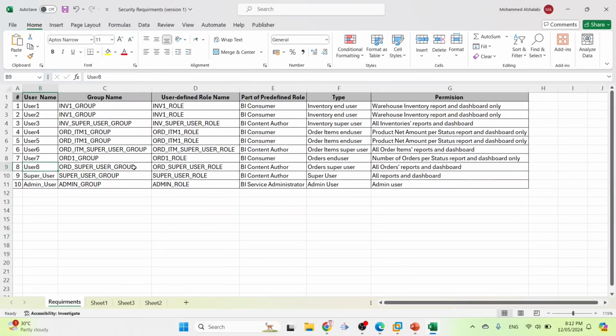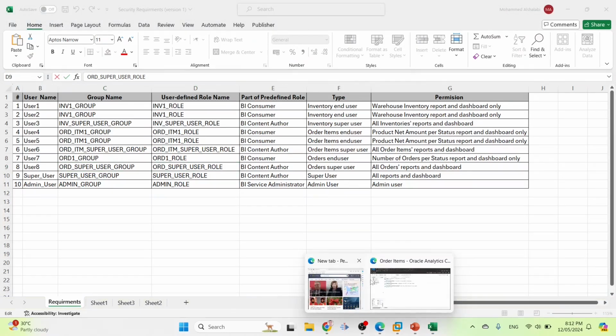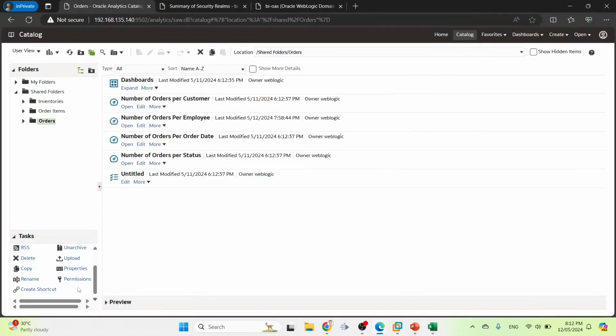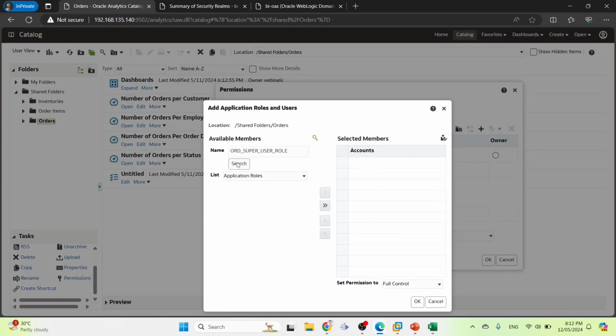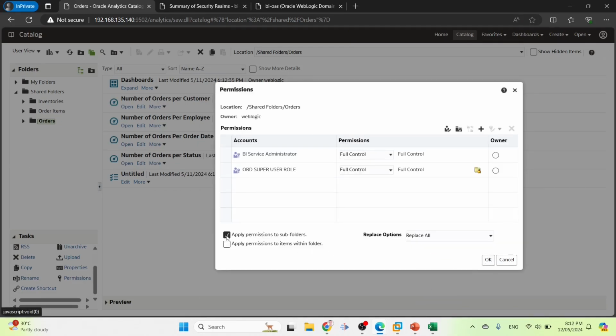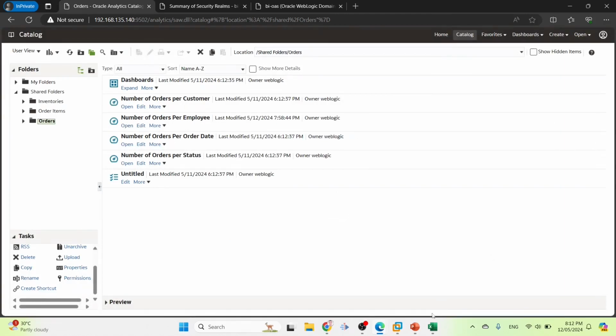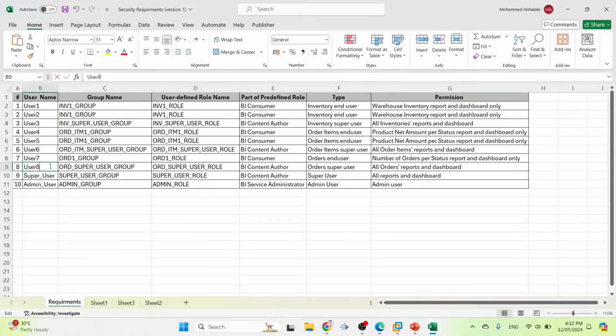user 8, all orders, report, and dashboards. Orders, permission, add, full control. Okay, and you click here, apply permissions to subfolders, apply permissions to items within a folder. Click OK. Now, if I try to log in as user 8,